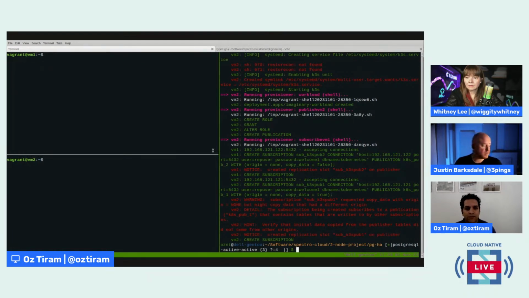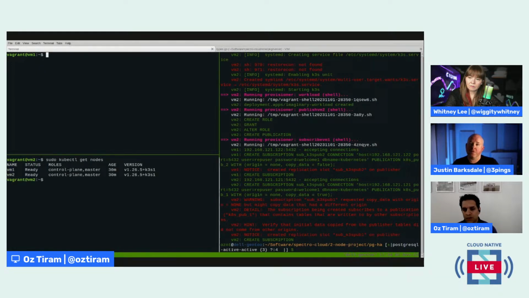It's very early, kind of like preview technology for us, that has two databases on two nodes. And you can see in the log messages that I created a publication on one node and there's a subscription on the other node. And what you see here is that I have really two control planes, kubectl get